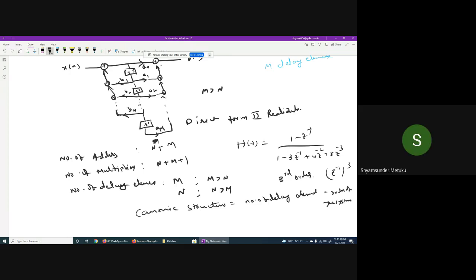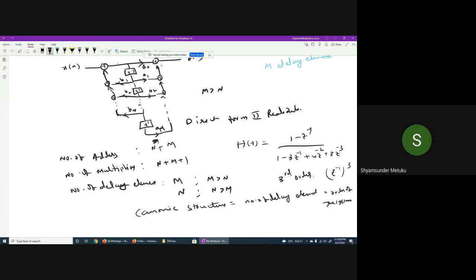So that is the reason n multipliers and m plus 1 multipliers both feed forward and feed back together. It is called n plus m plus 1. Is it okay? Yeah, okay, sir. But what about what you wrote on the right side? But what about the left side? The left side is feedback now.